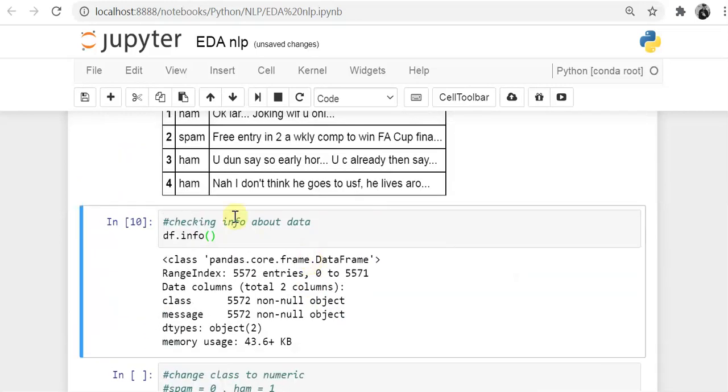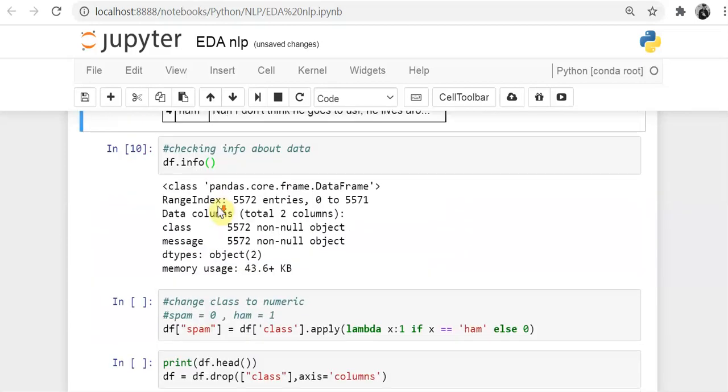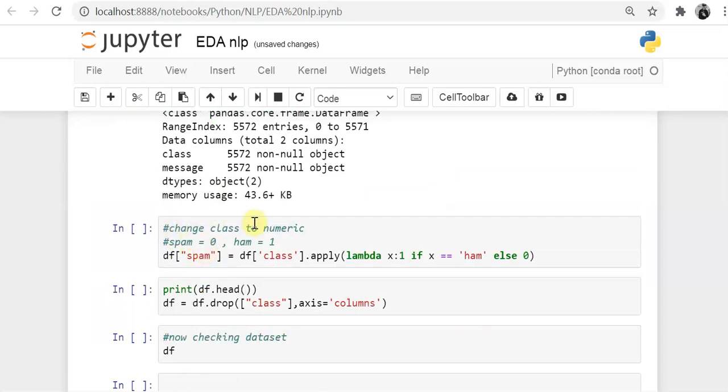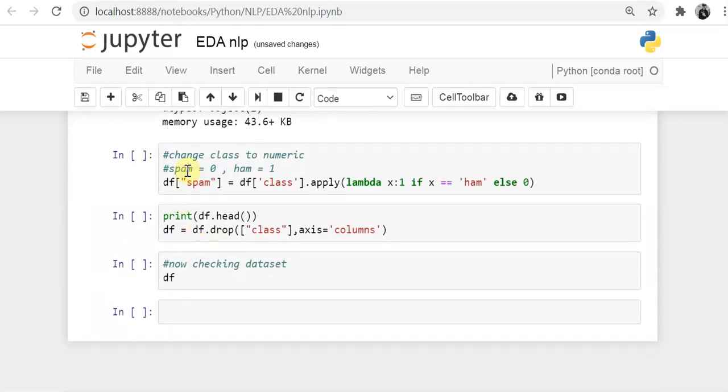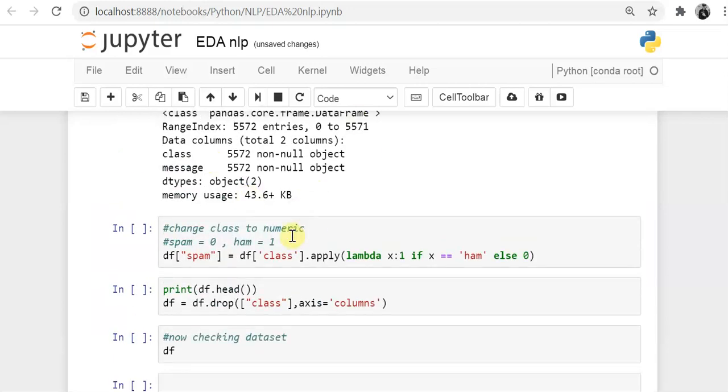Now we have our class labels as HAM and spam. I want to convert these class labels into numeric form. So I am converting like this: I am giving the value of spam as 0 and the value of HAM as 1. So how can I do this?